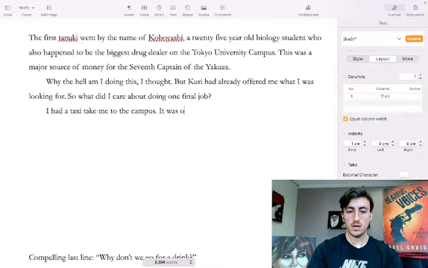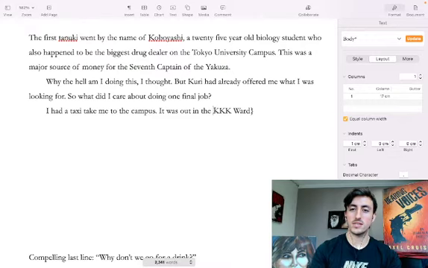It was out in the something ward. By the way, when I don't know something, I just put KKK. I don't know why KKK, but it just stands out on the page, and it helps me see that when I come back and try to edit. So again, I don't want to go off and do research while I'm writing. So whatever. It was out in the KKK ward,